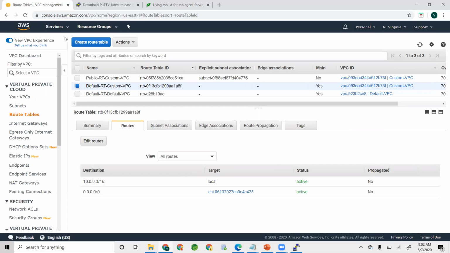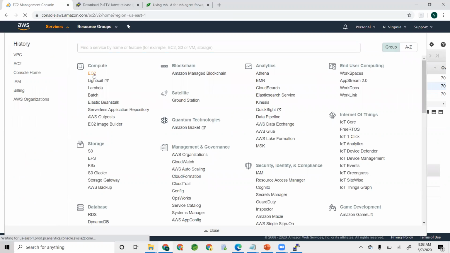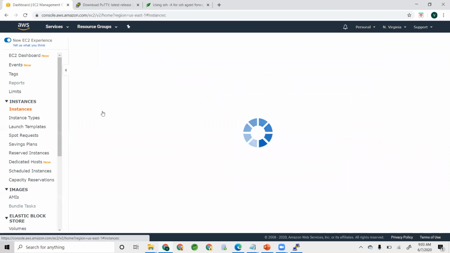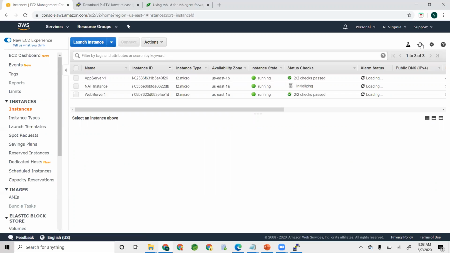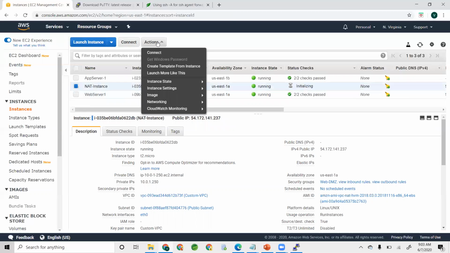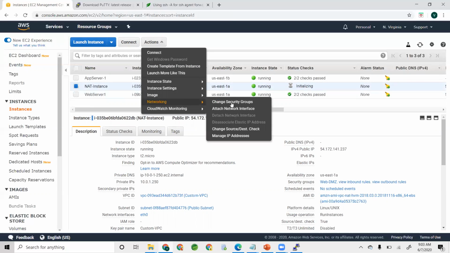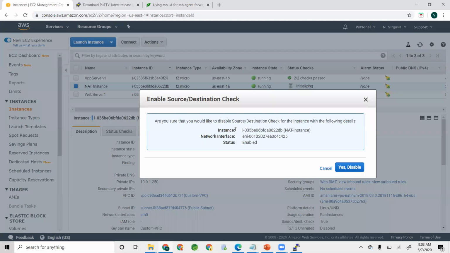Now, one thing we need to do for NAT instance only, this is what Kishore was asking a question about earlier. For the NAT instance, what we need to do is, see this one, change source destination check. So I want to disable the source and destination check. So what is the source destination check? So the network address translation, the way it happens is,